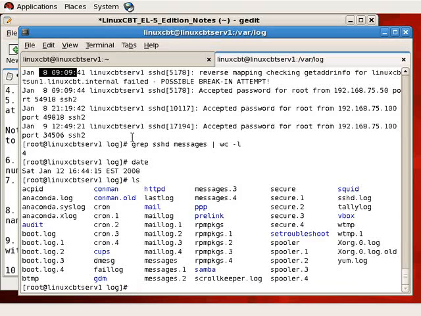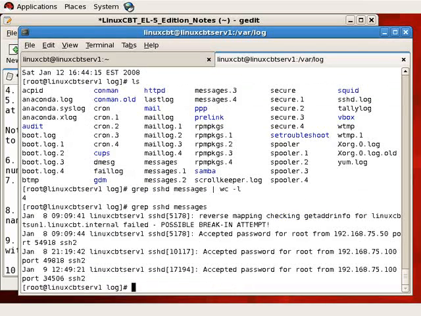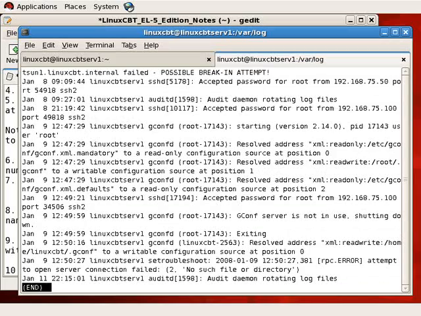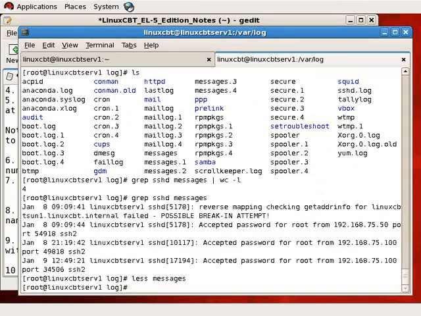So in our current file, which has data in it apparently from the 8th onward to the 12th, we see that there are only 4 entries for SSH, but grep is able to extract that information for us and make it visible so that we can cut through all the mess. Again, the messages file contains myriad data for myriad services, ranging from SSH to audit to syslog for general messages to gconfd. You know that you're likely to find it in this document, and grep helps you to parse through